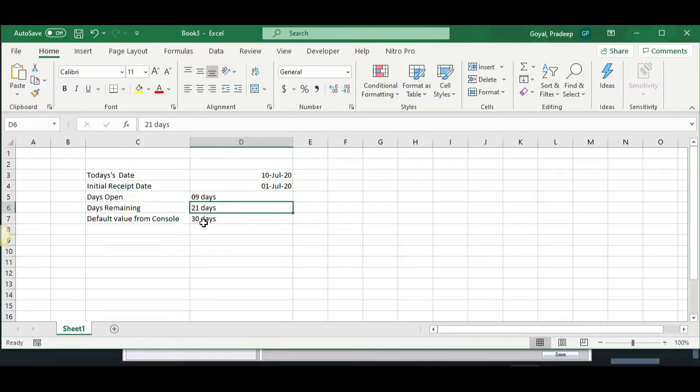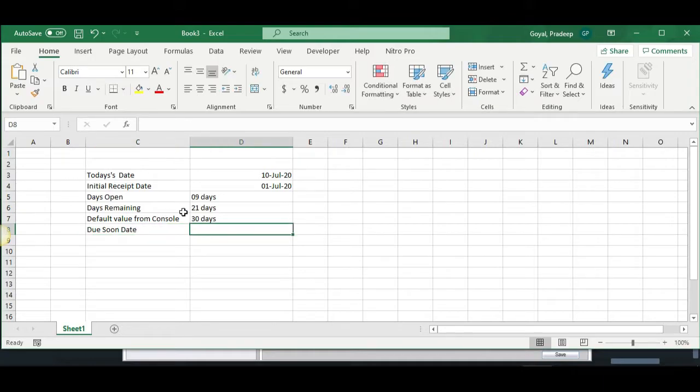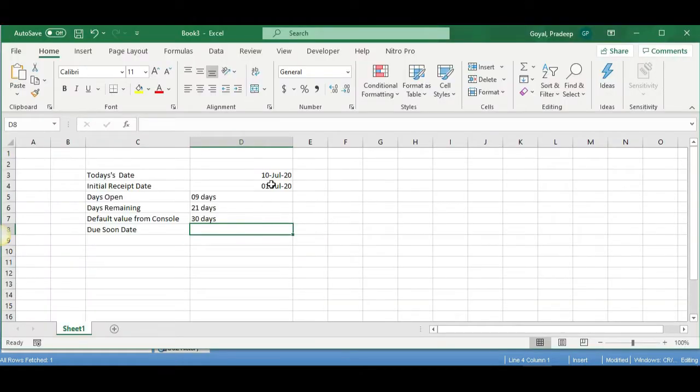Okay, so if initial receive date is 1st of July 2020, what will be the due soon date? When we have to report this particular event, we have to report on 31st of July 2020, that is exactly after 30 days.